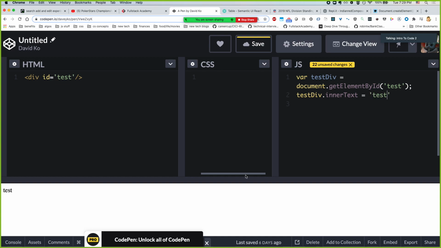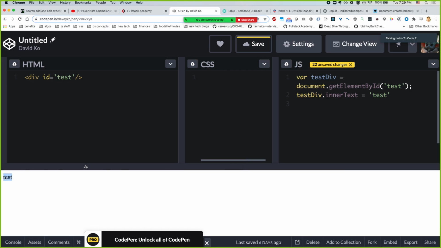This should, yeah, there it is. It's like you generated that. That's how JS and HTML work together,